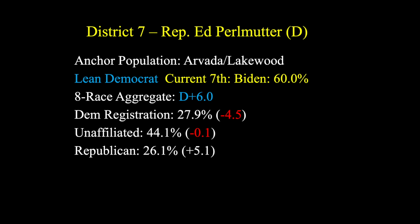So he does keep his main population center of Arvada where he lives, but the Arvada-Westminster corridor there north of Denver, which proved to be his entire political base, has been split. He lives in Arvada, so Arvada goes to the 7th district, but those other cities, along with Greeley, make up now the 8th district. So this changes the Perlmutter district greatly, and he has a much more rural, kind of